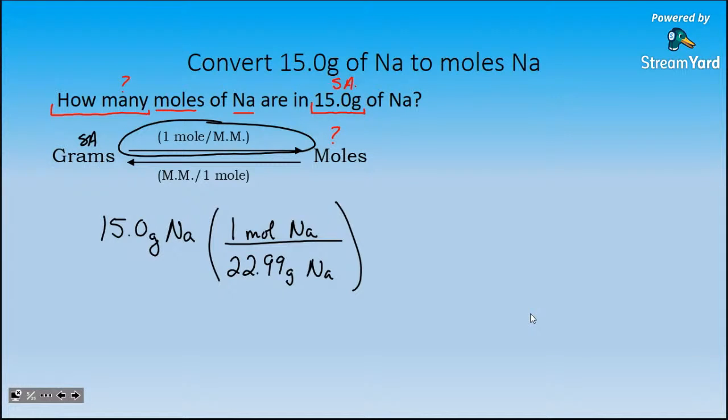And in this case, again, after I verify that units cancel and that my final answer is indeed going to come out with units of moles sodium, I can do a little bit of logic. If it takes approximately 23 grams to have 1 mole of sodium, and I only start with 15, then I don't have enough sodium in my starting amount to even give me 1 mole of sodium. So I'm going to expect an answer that is a decimal, that is less than 1. So now I can do the math. 15.0, again, we would multiply by our numerator, divide by the denominator. So times 1 and then divide by 22.99. I hit enter, and I get a value of